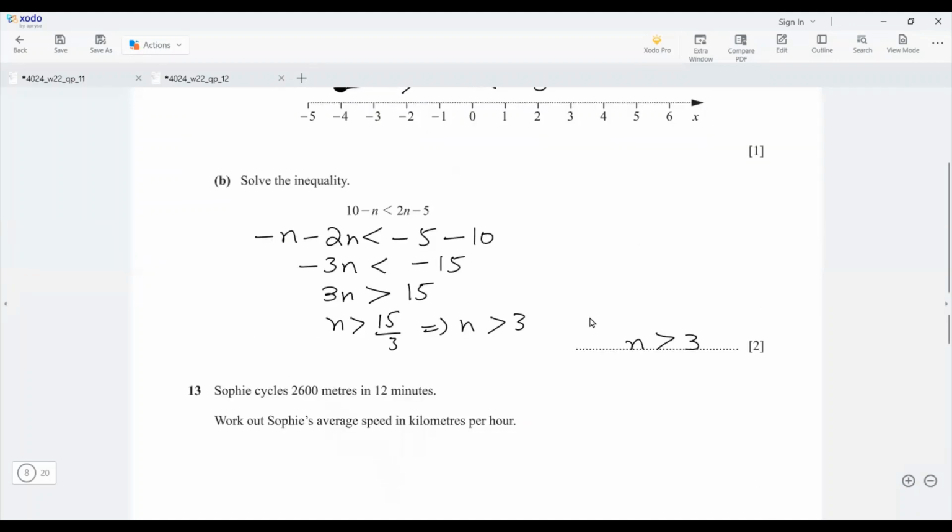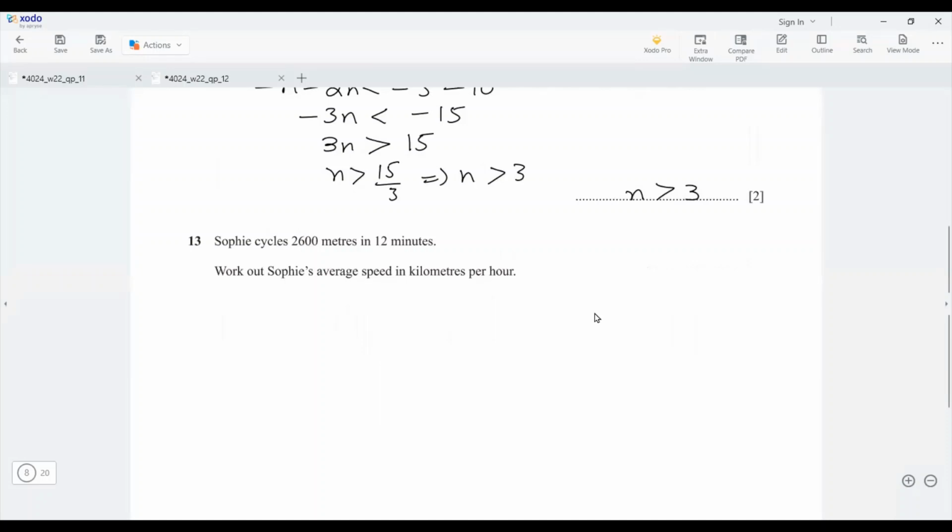So moving ahead, in the next question, we have to find the average speed. Distance is given and time in minutes is also given. We have to represent this in kilometers per hour. So what does this mean? We have to convert our distance into kilometers and minutes into hours. So 2600 meters